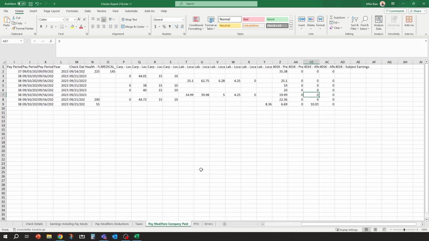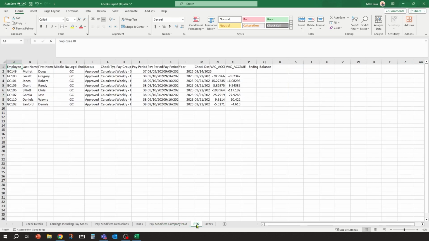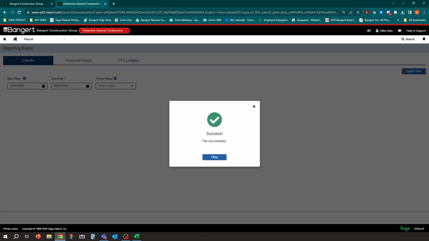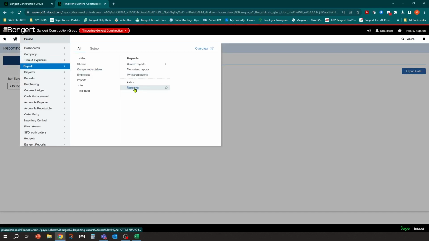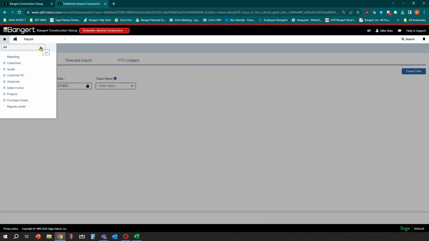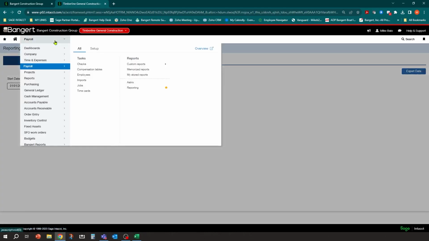And then on top of that, if you're tracking PTO in the system, you can get a recap on the PTO. So all of that is available right within the payroll module under reporting. And don't forget, you can star that menu item to put it on your favorites, and then it'll show up over here on the left side. So you'll see here I have reporting. So if I go to payroll, there's my reporting. And then we'll show you some other ways to do it down the road.